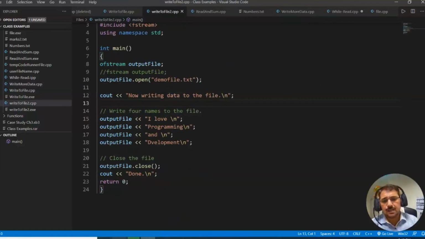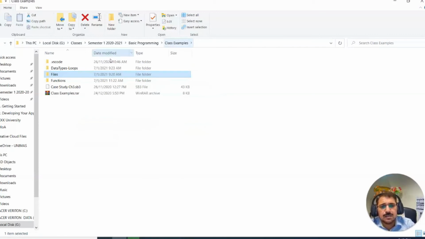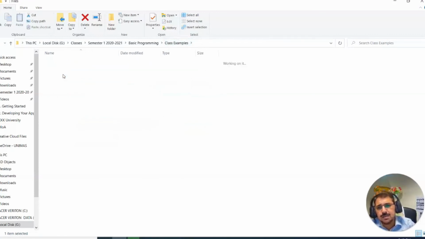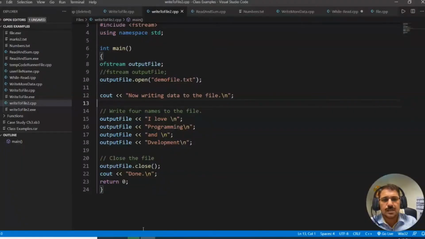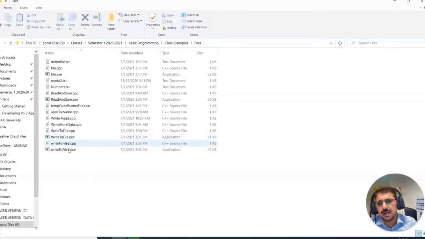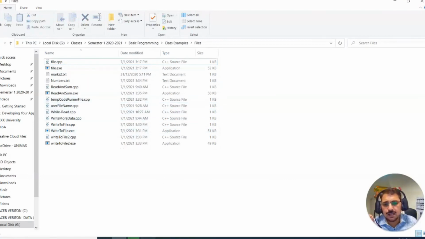this one, write to file. This program is here. You see, write to file. This file is here in this class examples folder, inside the files folder. So I am deleting this file, the demo file.txt. You see the demo file.txt, I am deleting this one. So the file,